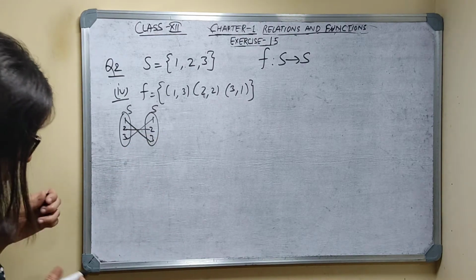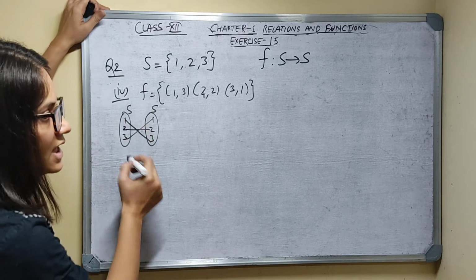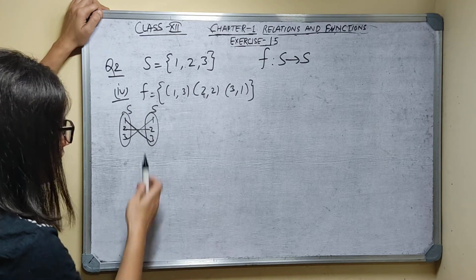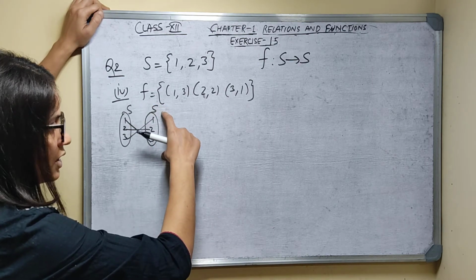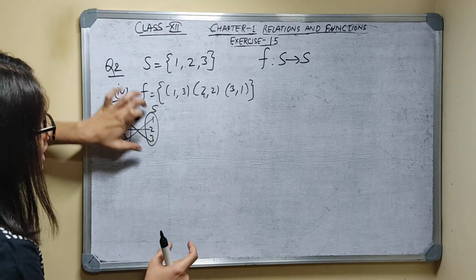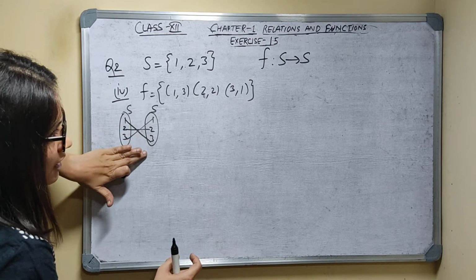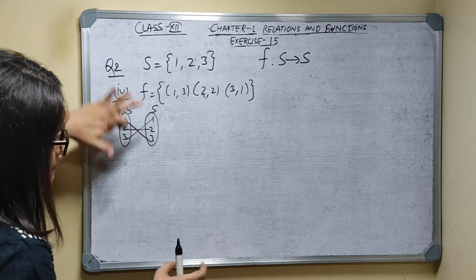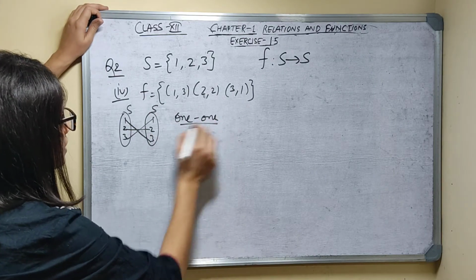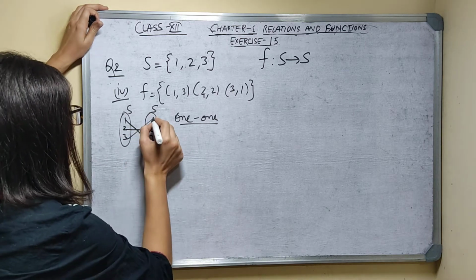Same here, I can say F inverse exists, because distinct elements from the domain X have distinct images in Y, the codomain, that is S. If I take all distinct elements from the domain, they have distinct images in this codomain. So this is a one-one function also, and here 1, 2, 3.